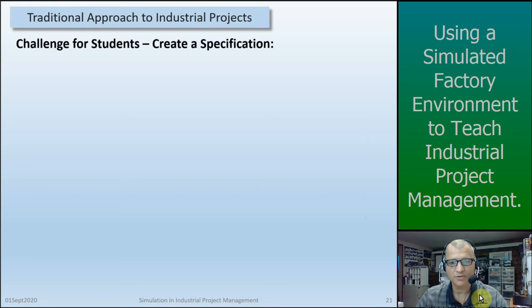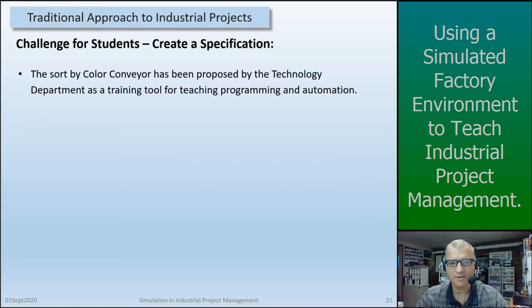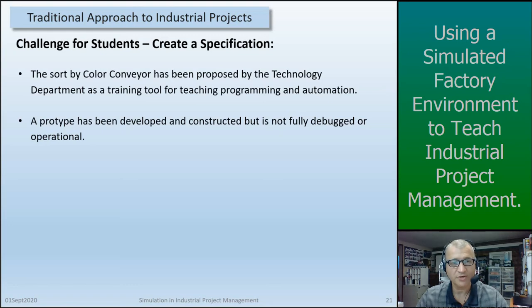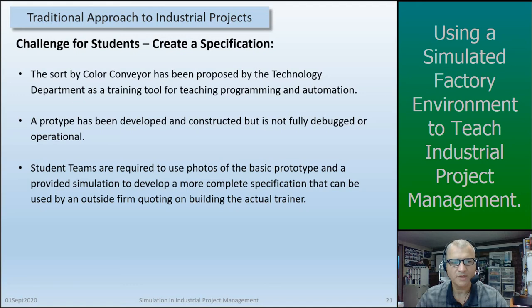The challenge here for the students is to create a specification. The idea is to give them the task of more fully developing and documenting the sort by color conveyor system. The premise is that the sort by color conveyor has been proposed by the technology department as a training tool for teaching automation. A prototype has been developed and constructed, but is not fully debugged or even in fact operational. So the student teams are required to use photos of the basic prototype and also simulation that we provide to develop a more complete specification that can then be used by an outside firm in